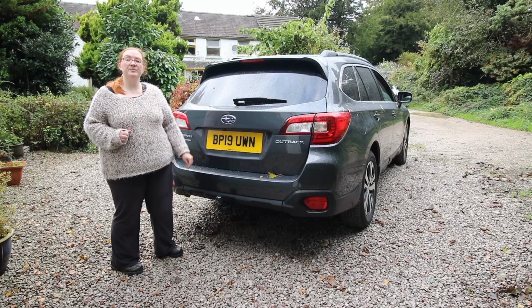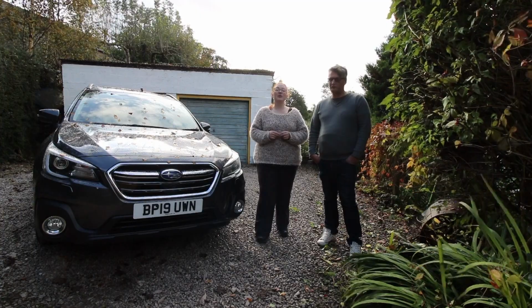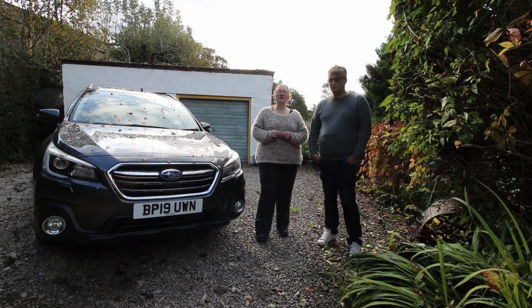Saying that, I'll be looking at the exterior and the styling. I'll be looking at the interior, the functionality, the build quality. We'll then both be driving it, then I will bring you the final verdict on whether or not this is